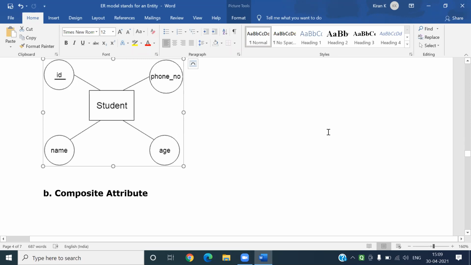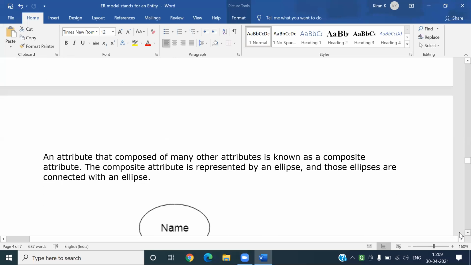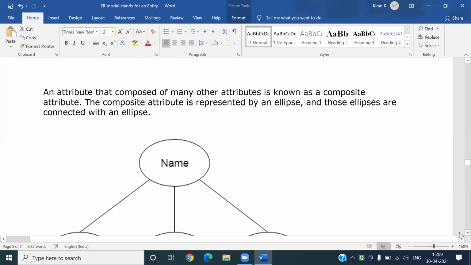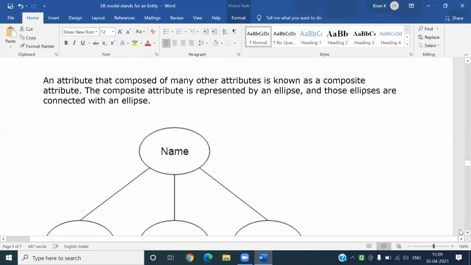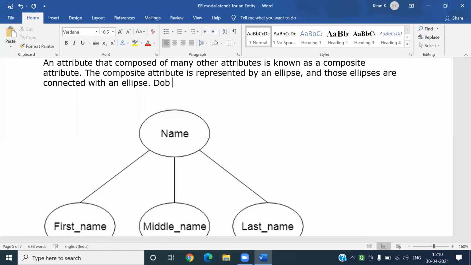Then what do you mean by composite attribute? An attribute that is composed of many other attributes is known as a composite attribute. Name, for example: first name, middle name, last name or surname. Date of birth comprises DD, MM and YYYY, so that also comes under composite attribute.